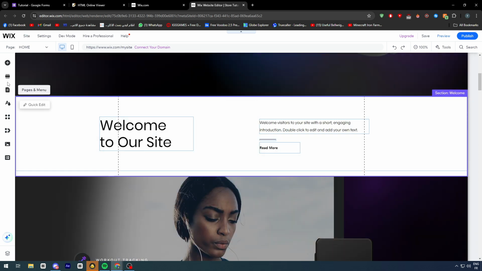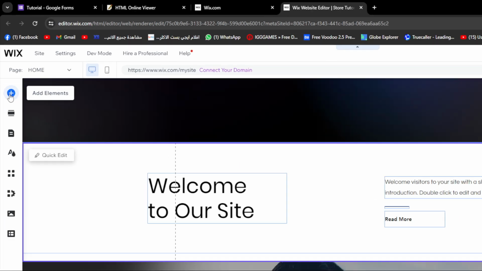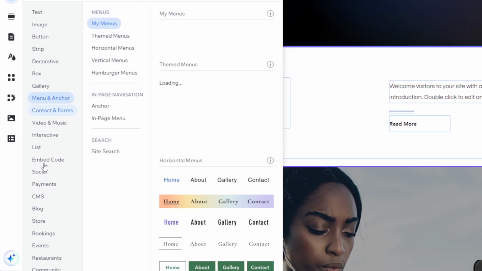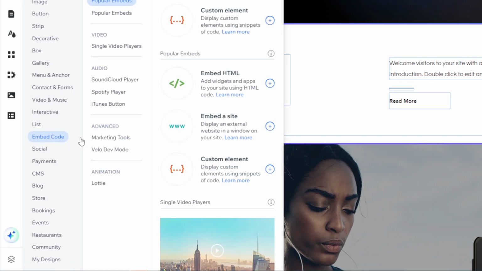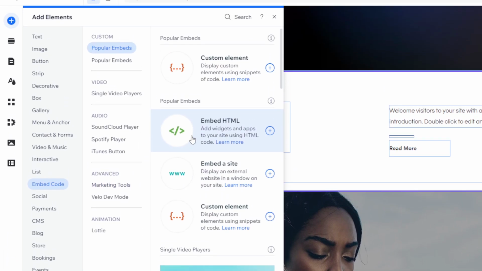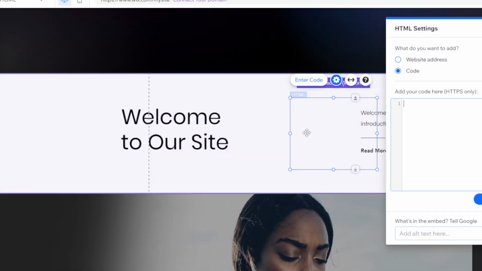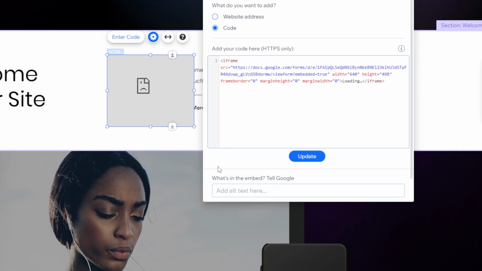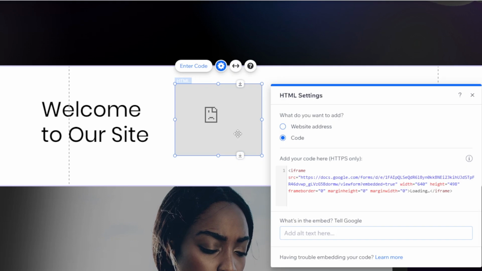And also I'm gonna go now to add elements, and I'm going to search for an embed code. So here it is, embed code. The next thing is to embed HTML. After that, I'm gonna click on it. I'm gonna paste the code right here, and just like that, I will be able to actually add the form